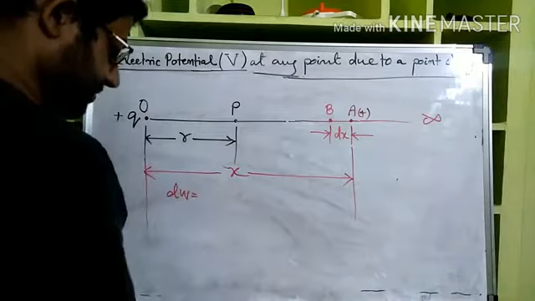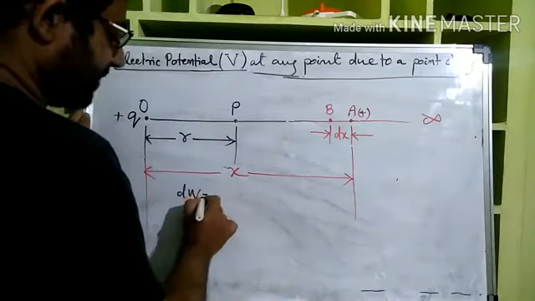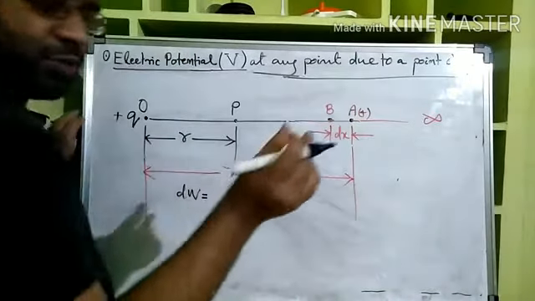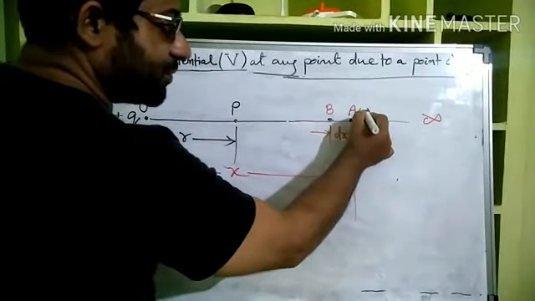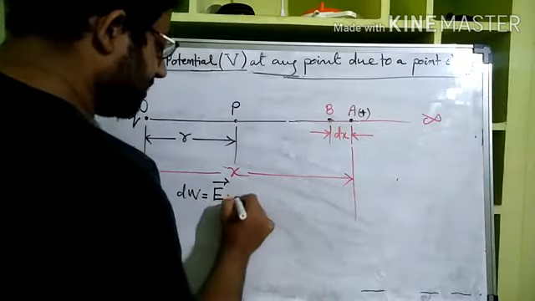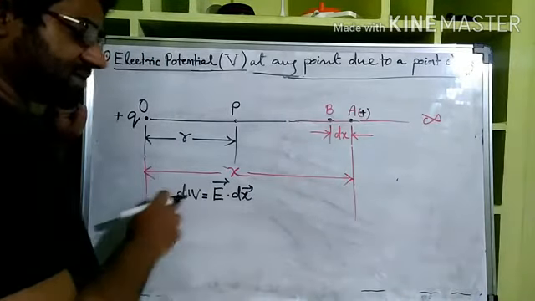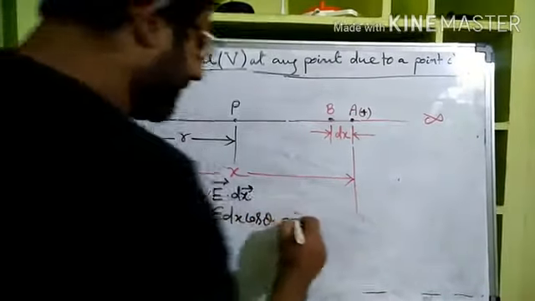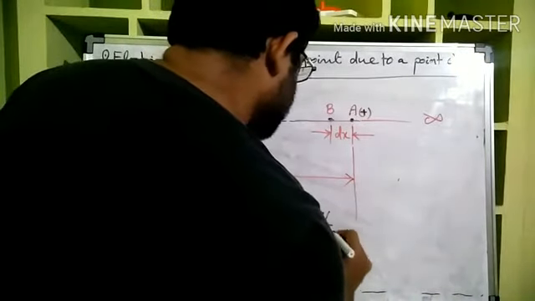dW is equal to the small work done in moving the unit positive charge from A to B through a small distance dx. What is the work done? The force on that unit positive charge, since force on unit positive charge is electric field only, so what is the electric field? E dot dx. Since this is displacement, I am showing the vector, and the dot product of two vectors is a scalar of course, equal to E dx cos theta, where theta is the angle between E and dx. E is 1 by 4 pi epsilon naught, q by x square, multiplied by